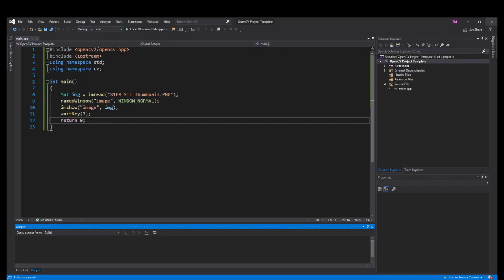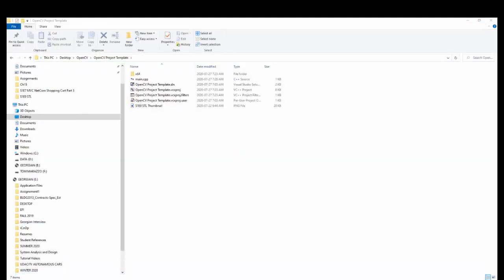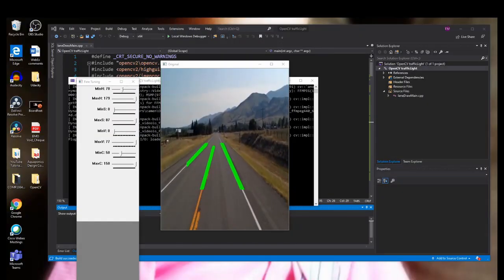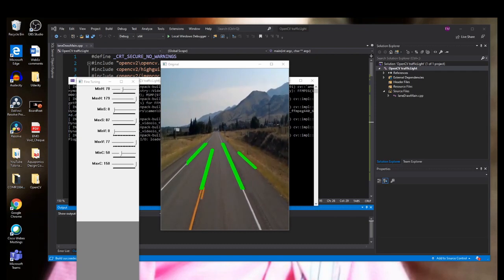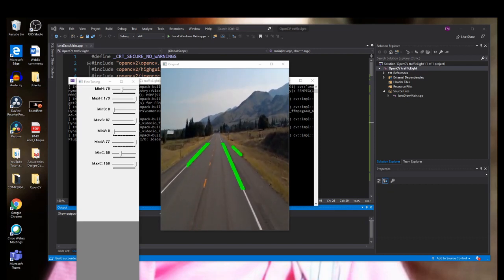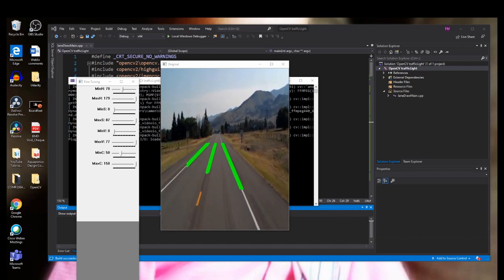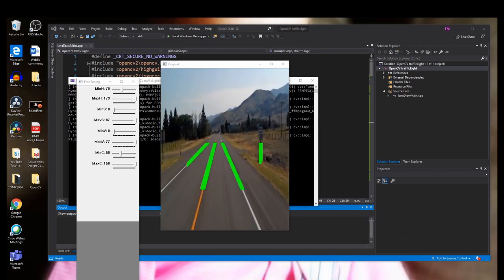Okay. So now I'm going to close my Visual Studio, and I'm going to open up Visual Studio again. What I want to do is learn a little bit about OpenCV, or Open Computer Vision. It's an open source library that you can use for doing computer vision projects, such as rendering video to have your software detect the lanes on the road, or traffic lights, or different objects, traffic signs. So what I want to do is go through this today, and what I suggest you do is follow along, do it step by step as I'm doing it,